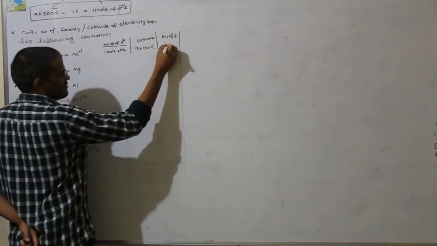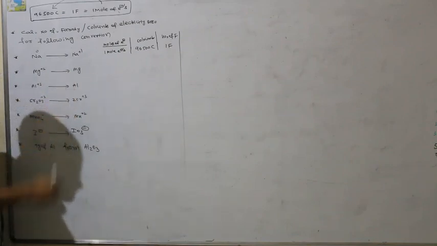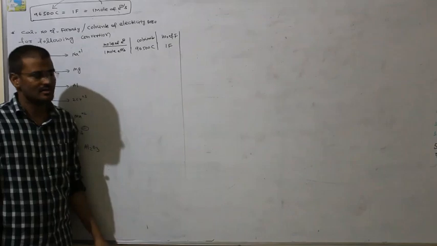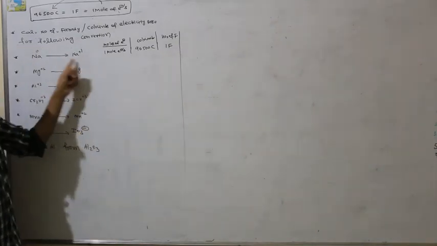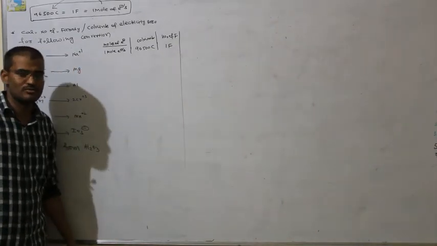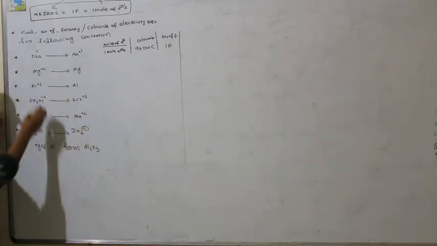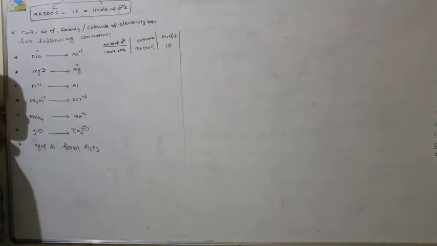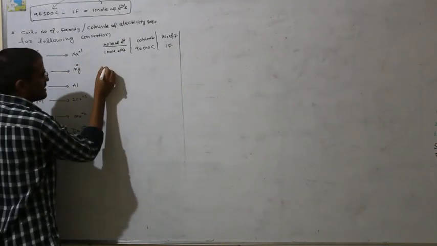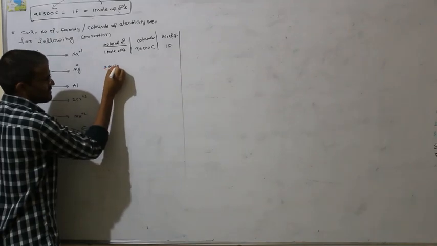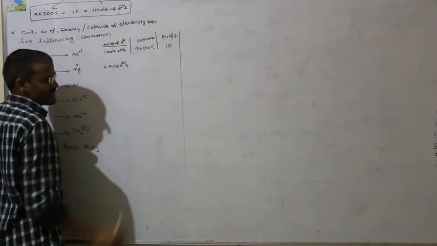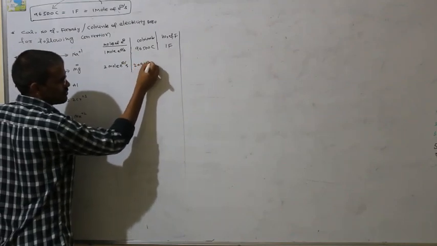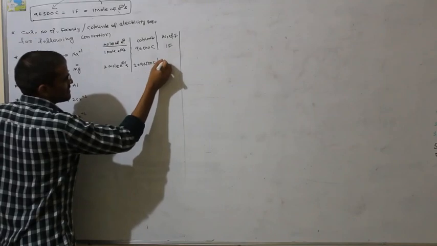The answer could be in either form, based on the question. I have asked only for Faradays or coulombs required. So 1 Faraday is required for this conversion, or 96500 coulombs of electricity. Now Mg plus 2 becoming Mg, oxidation state plus 2 to 0. So 2 moles of electrons participated. How many coulombs? 2 into 96500 coulombs, which is nothing but 2 Faradays.